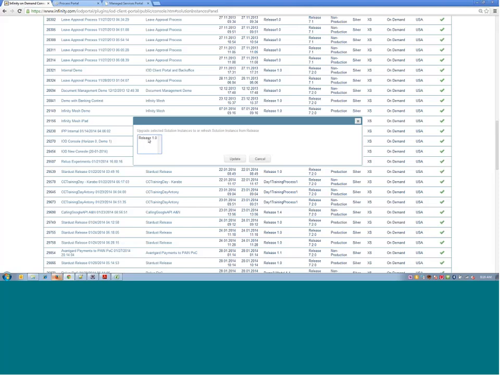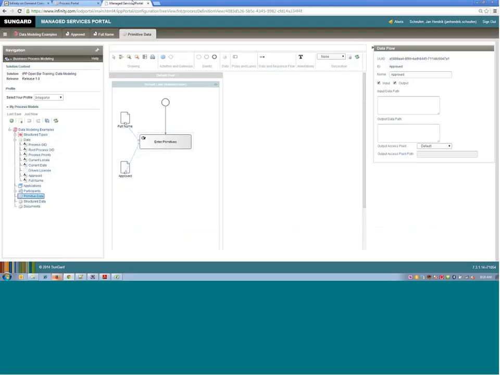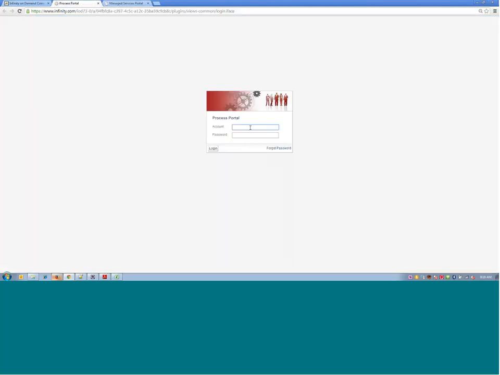Click on upgrade. It notices that there is only one release, so I select it, click on update, and this pushes the changes that I just did in the model into the runtime instance, so that when I now go to the instance, this is the same link as on the OpenBar wiki page. So there's only one user here, which is the Master of the Universe administrator. When I log on with that,